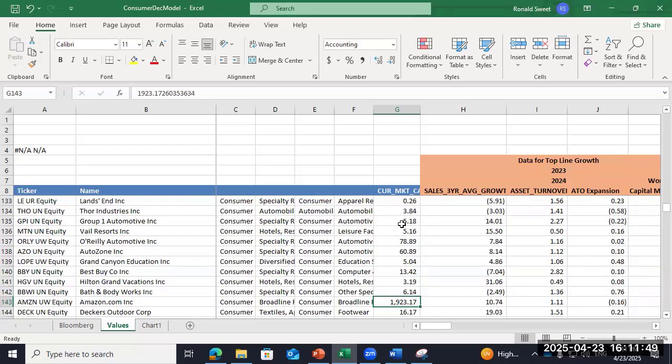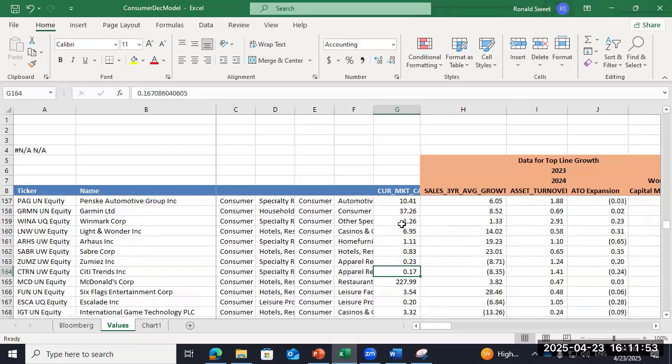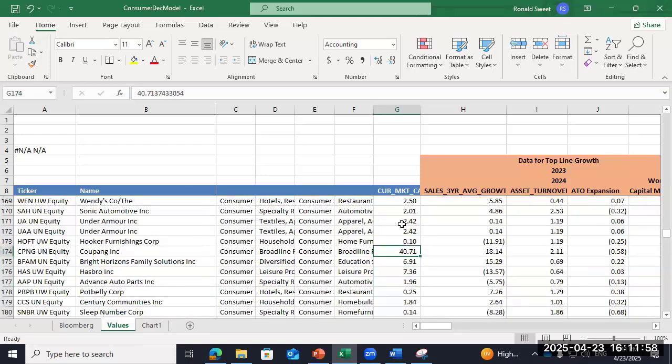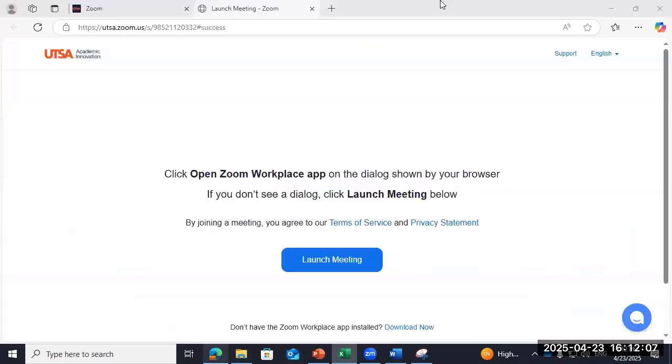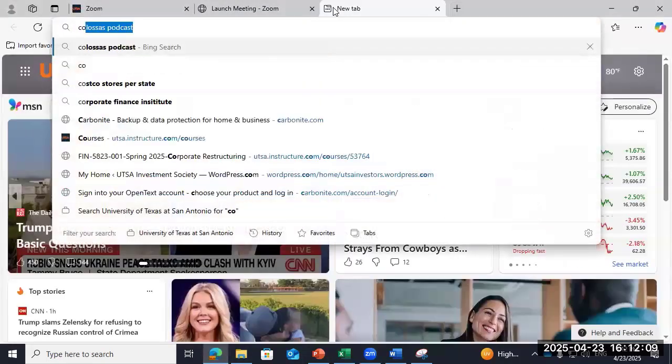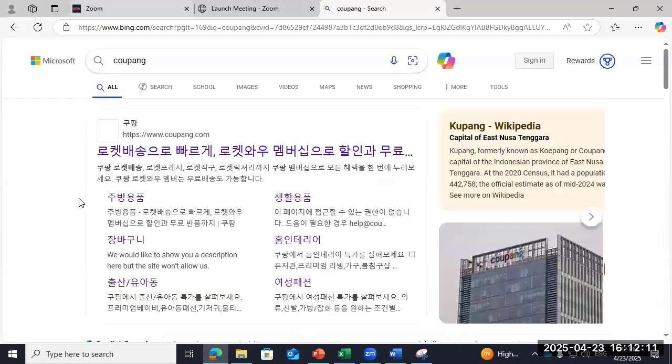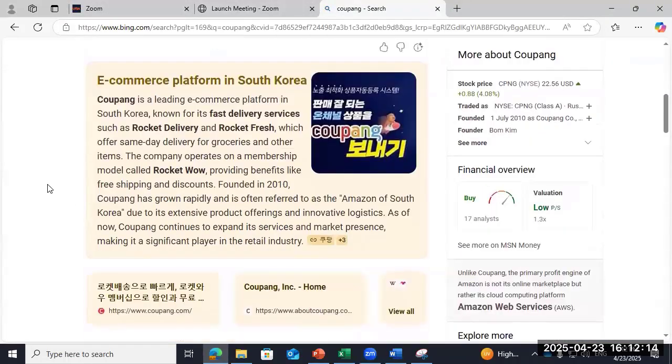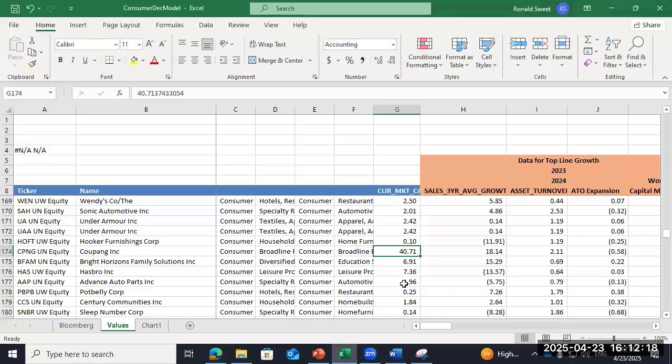There's Amazon, obviously, huge one. O'Reilly, AutoZone. So McDonald's is in there. Six Flags is in there. I don't know that group. Copang, y'all know them? Broadline, I don't know who that is. I got to look that one up. Who is Copang? What a terrible name for a company. Oh, my word. E-commerce platform. Why is that in the Russell? I don't know why that's in the Russell 3000 because it doesn't look like it's a US company, but